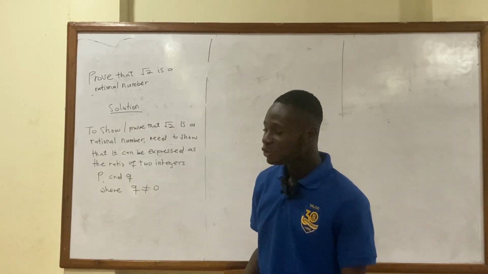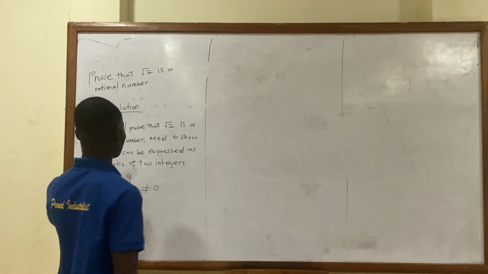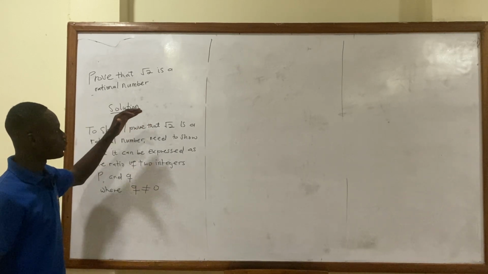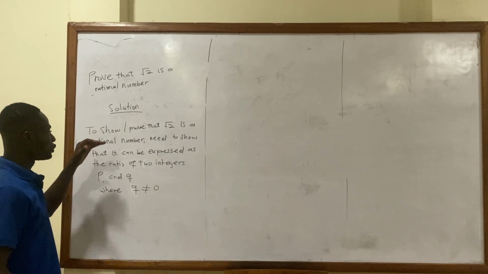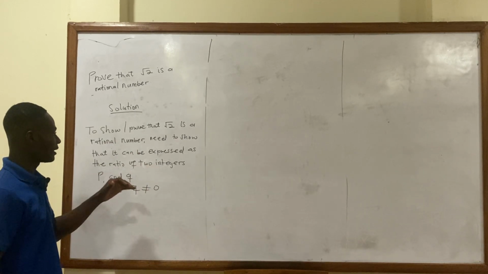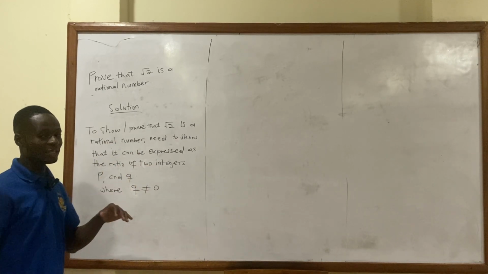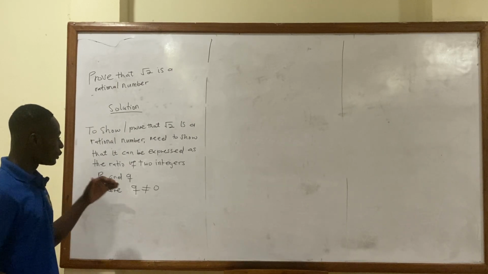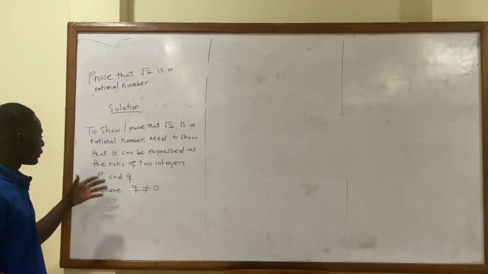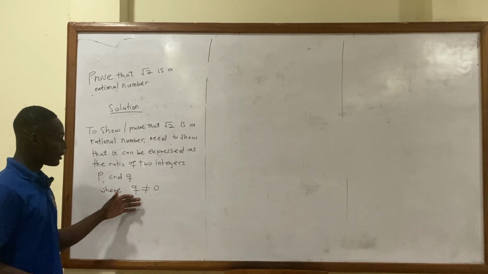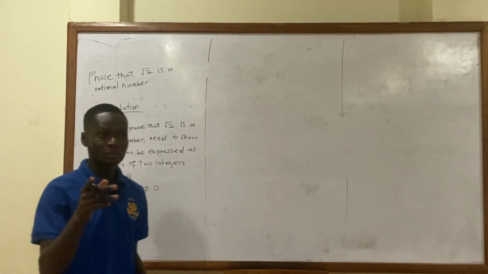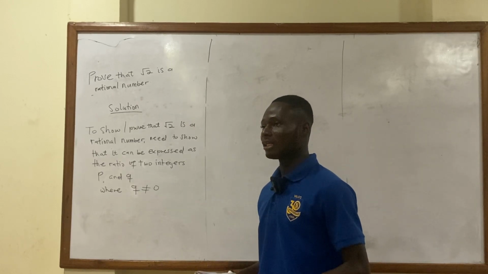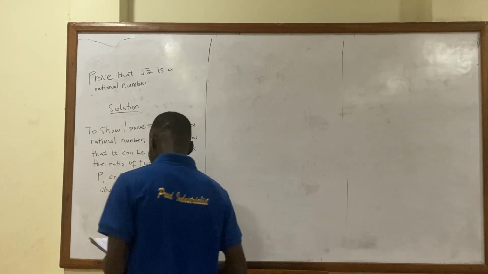All right. So first of all, if you want to show or prove that root 2 is a rational number, we need to show that it can be expressed as the ratio of two integers. So the ratio of two integers, that's p and q, where q is not equal to 0. You know that when q is equal to 0, you are going to have an undefined expression. So let's assume that